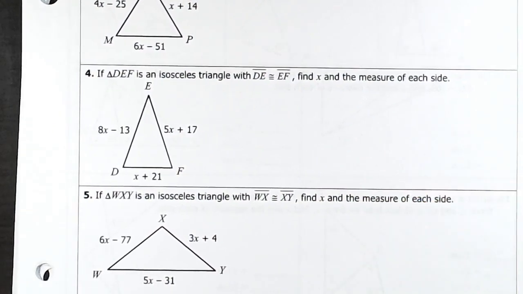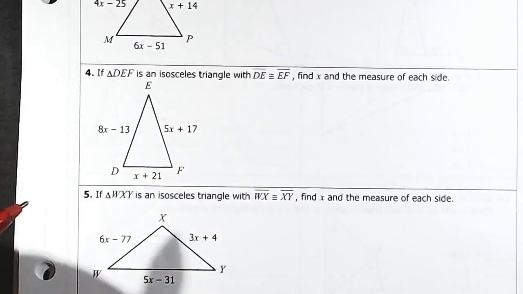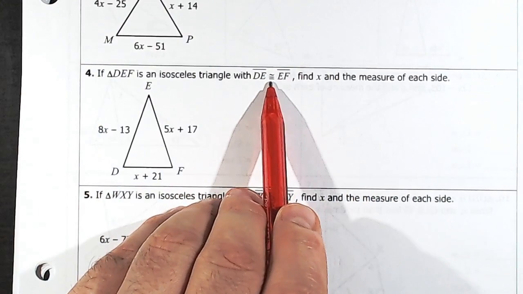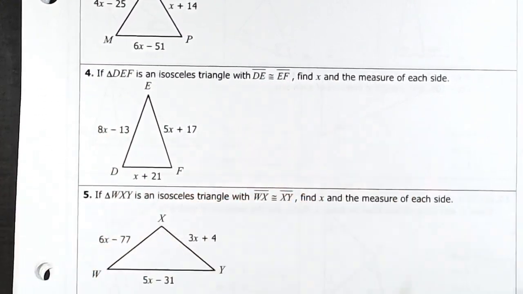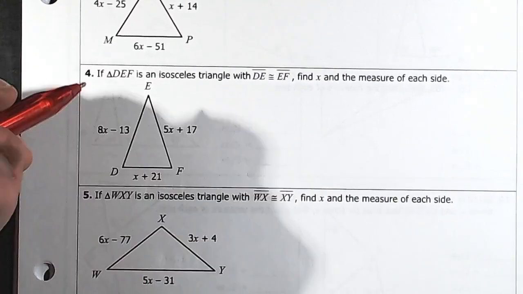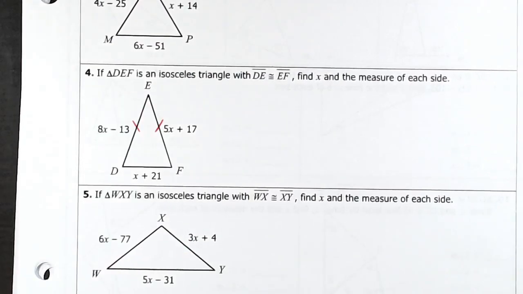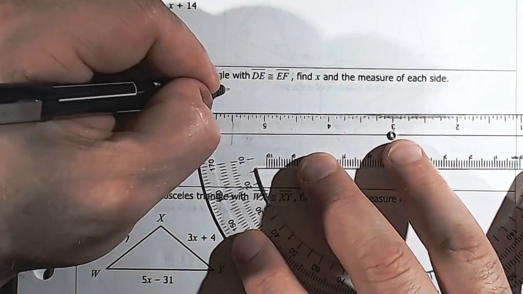If triangle DEF is an isosceles triangle with segment DE congruent, that's what this symbol means, congruent to segment EF, find x and then find the measure of each side. So first we find x and then we plug x back in to find the measure of each side. These two sides are congruent, and that's the key, right? Because they equal one another, we're going to set them equal to each other